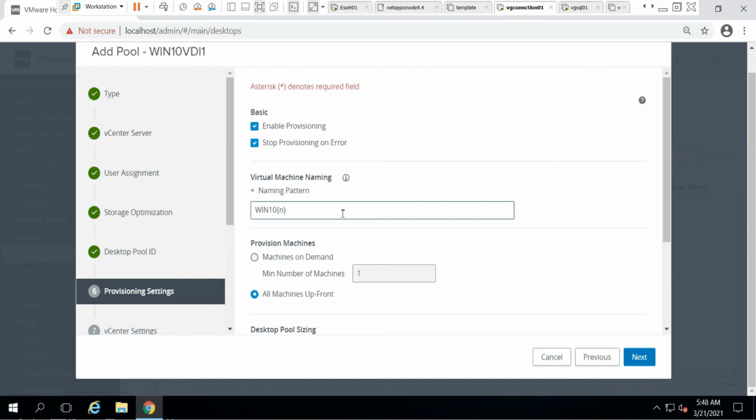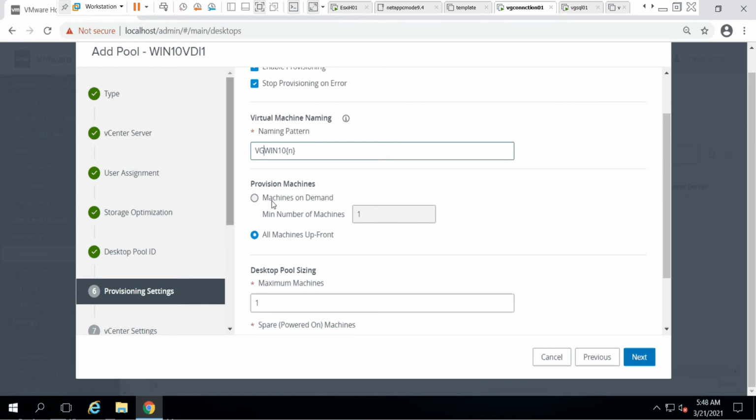You can give whatever naming you want, as per your organization naming convention. If you give the n in the braces, it will increment by 1, so it will be like Win 101, 102, like that.